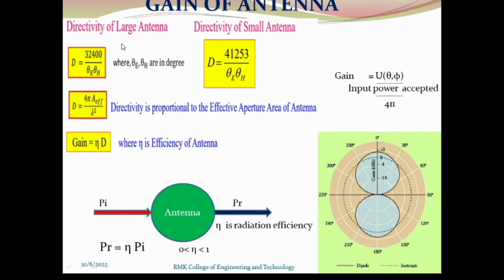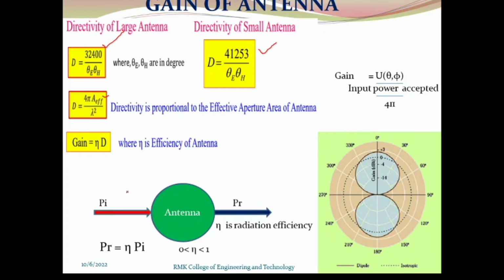Now these are the different formulas to measure directivity for different kinds of antennas. For a large antenna, the formula used is 32,400 by theta E into theta H. For a small antenna, directivity is 41,253 by theta E into theta H. And with respect to the effective aperture of the antenna, the directivity is equal to 4 pi times the effective aperture by lambda squared, whereas the relation between gain and directivity is gain is equal to eta times D,